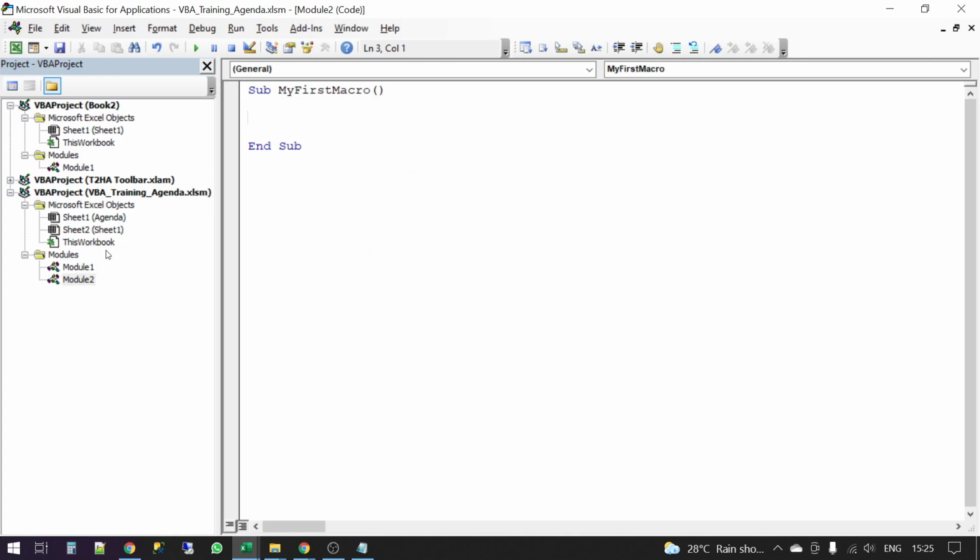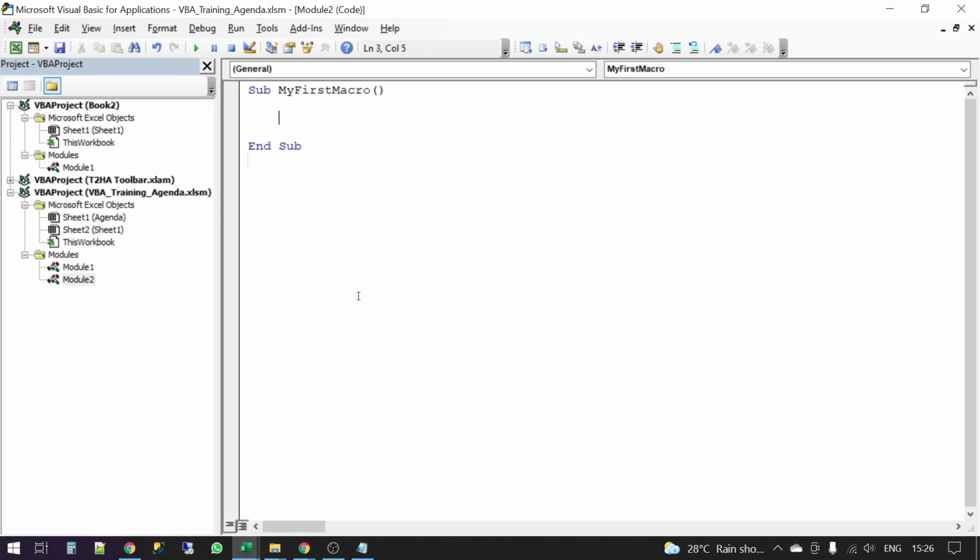Okay, so I'm back here now. This is where you write the code. This is my coding window, and the way code is written, you have to remember these few things. You write Sub, you give a space, you give it a name, and you hit enter. It will automatically put End Sub at the end. Whatever you write between the Sub and End Sub is part of this macro, right?